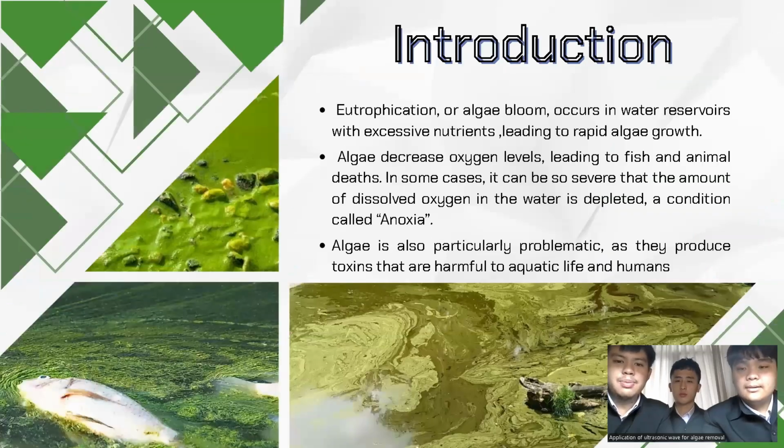Eutrophication, also known as algae bloom, is a phenomenon that occurs in water sources rich in nutrients like nitrogen and phosphorus, causing the algae to grow rapidly on the surface of the water. When the algae die, the decomposition process by bacteria that use the oxygen dissolved in the water will occur. This causes the water to become polluted and smelly. The algae also affect aquatic life because they can produce toxins that act on the nervous system, liver,